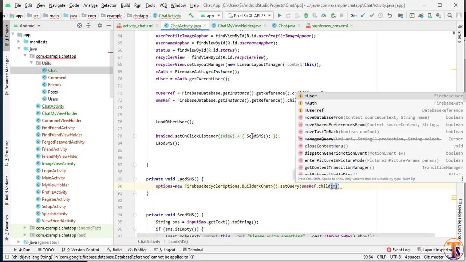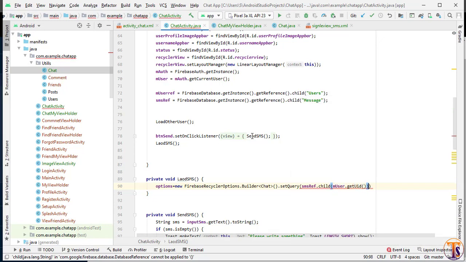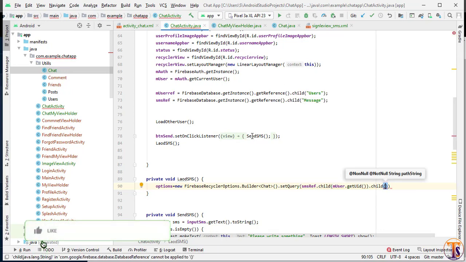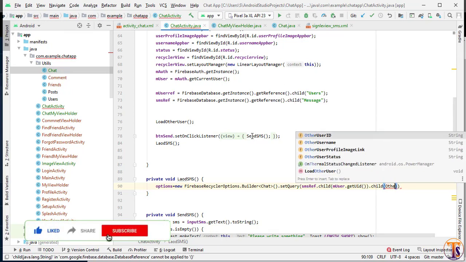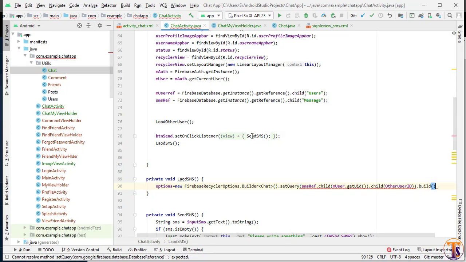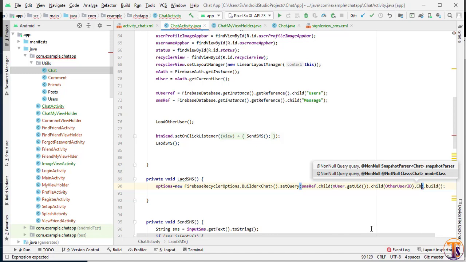First I will pass my user ID, mUser.getUid, and under this ID we need another child, the other user ID, so I will pass here other user ID. Finally we will call the build method. Now our options is ready. Here we have a problem, yeah, we forgot the other class, that is Chat.class.